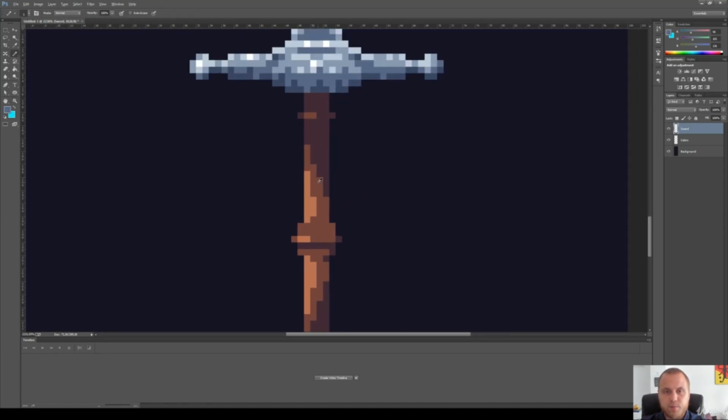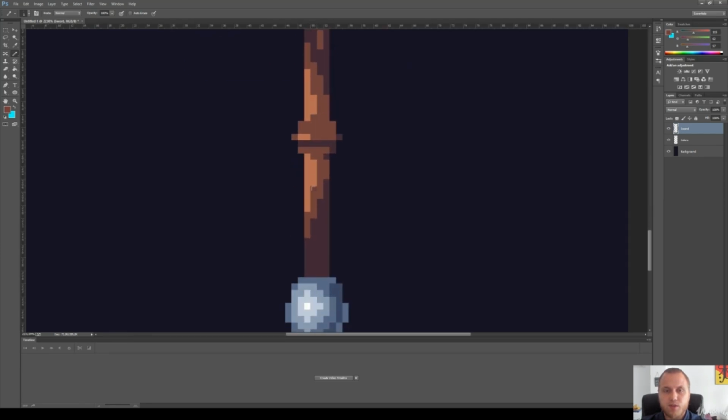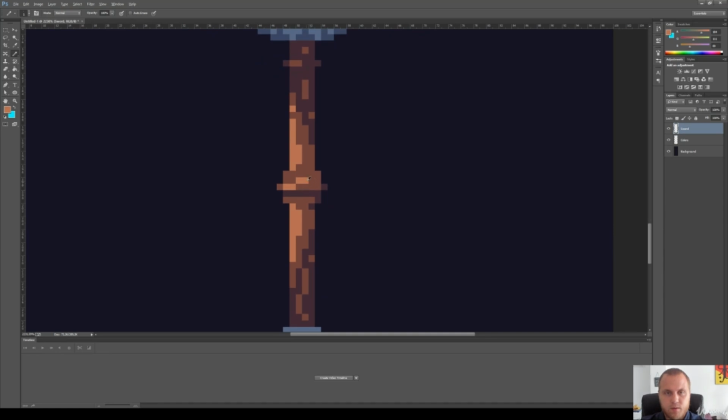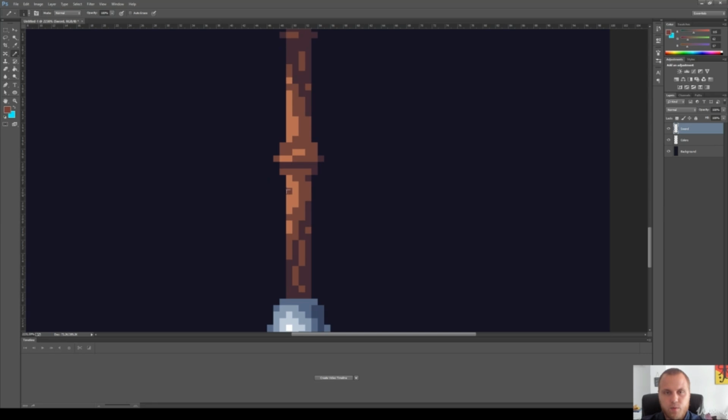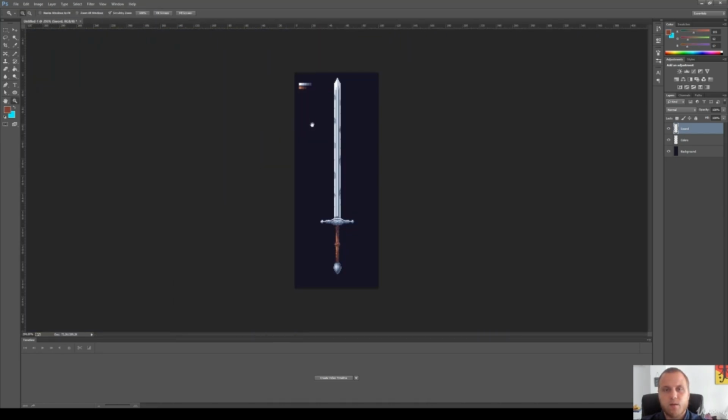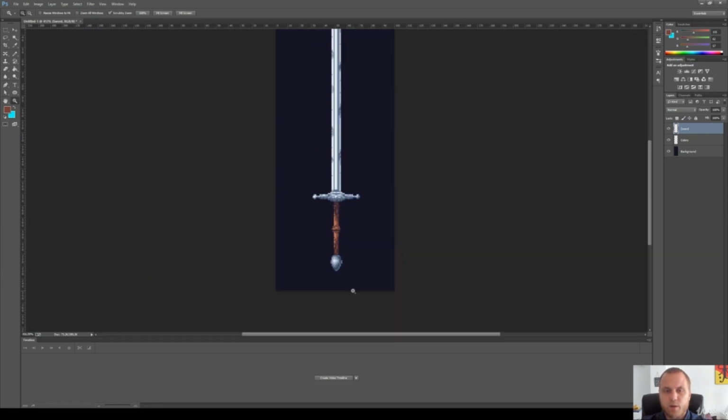Now when it comes to the wood, we just want some strands, and again just a few dots here and there to indicate sort of those mini strands, which is quite nice. Again, we can break the highlight if we wanted to. All right, so this entire sword looks quite a bit nice, but